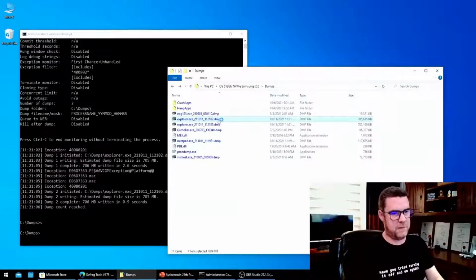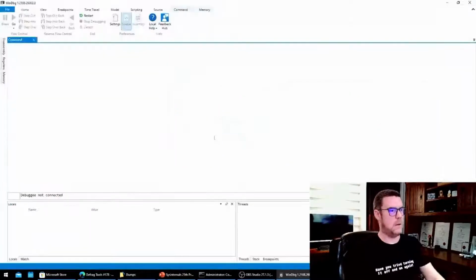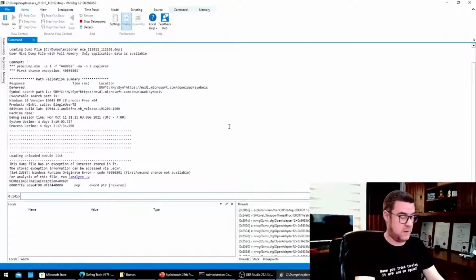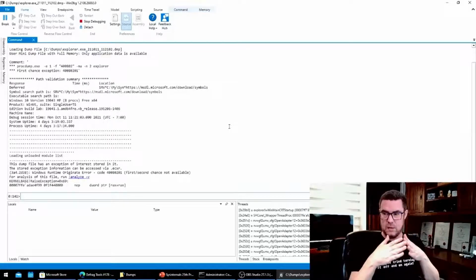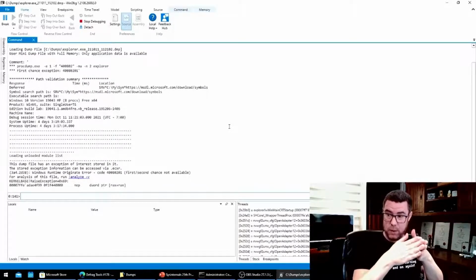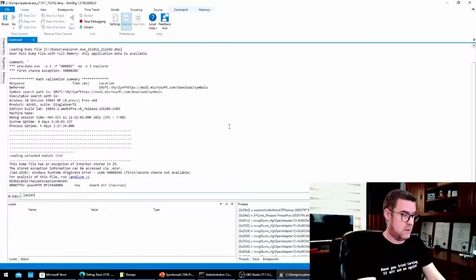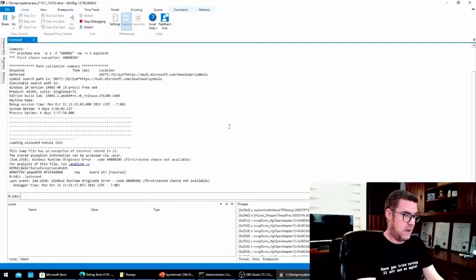Opening up one of those dump files, we can follow the same steps for crashes in this case because it is a crash scenario. The slight difference is ProcDump has taken the dump file at the throw, not at the catch. So we don't need to change time at all. We can just do last event and see, yep, there's the error code.